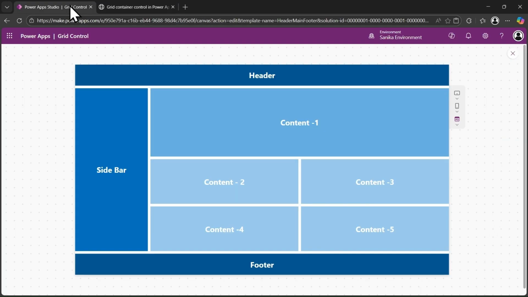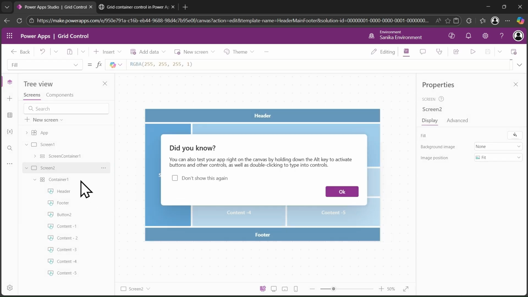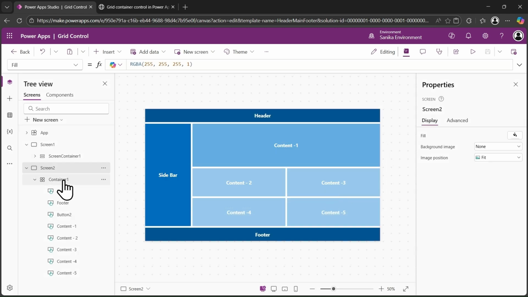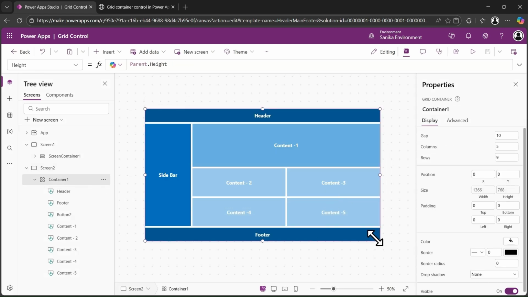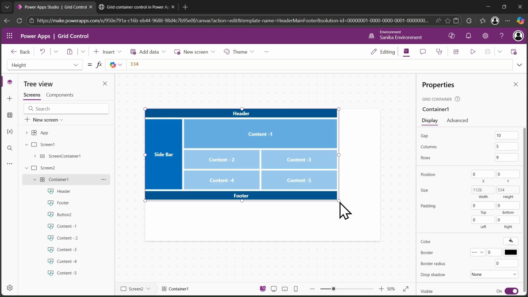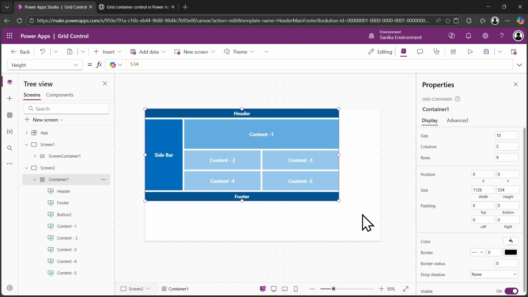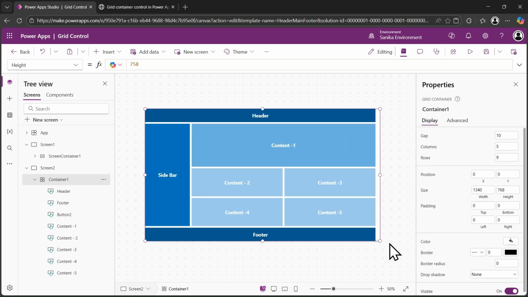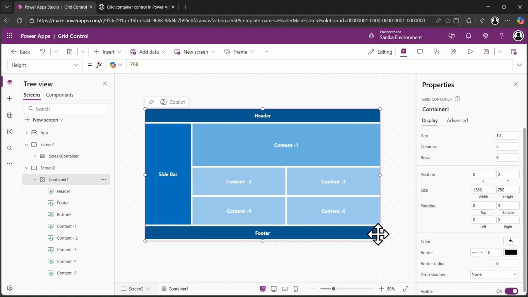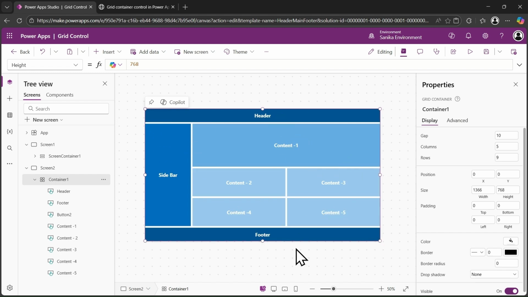If I go to Power Apps and showcase it, this is a single grid container I have used here. If I change the size of it, you can see it automatically changes the size of each component. In this video we are creating this structure: header, footer, sidebar, content 1, content 2, and also learning the properties of the grid container. So let's go to the new screen,